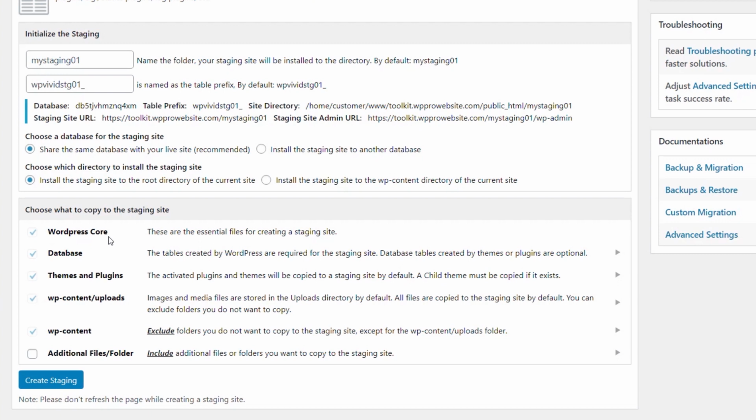You can choose what you want to push over to the staging site, WordPress core, database, and so on, including additional files and folders. So again, you could be making a staging site that you want to test something that's not necessarily the WordPress side of things. It may be some monitoring software, or it could be some client management software. It could be a multitude of different things, but you can do the same thing again. You can choose to include those if you want to,